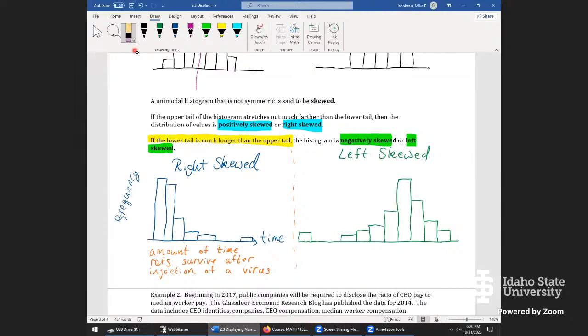I had one that I thought about before class, just in case, because again, these are kind of tricky. Here's the one that I always kind of go to. Something that's left skewed might look like this. I'm going to put 0 here and 100 here. And imagine a really terrible class, maybe like a physics class. This could be exam scores